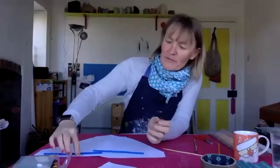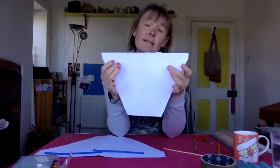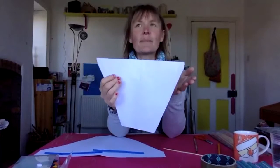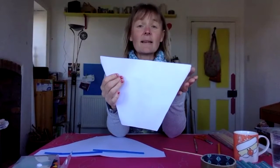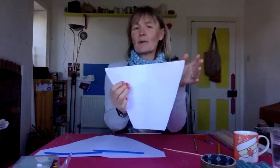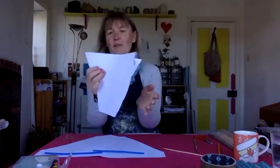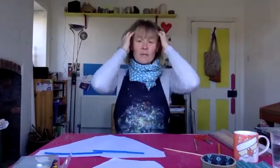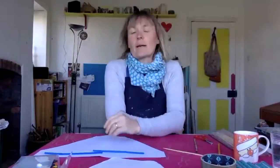the plan was for me to show you how to make some, because it's based on symmetry. So long as both sides are the same shape, it will fly straight. If you've got one side slightly different from the other side, then you'll fly the circle. So really good for maths, for symmetry. And I'll show you how to do a couple of animals, but we'll get this one first, and you can